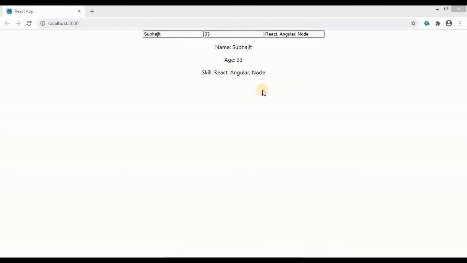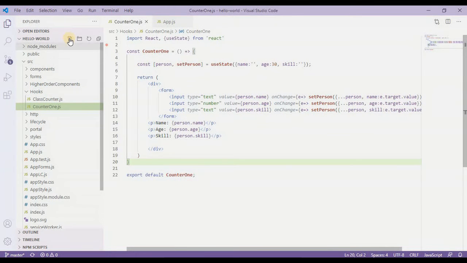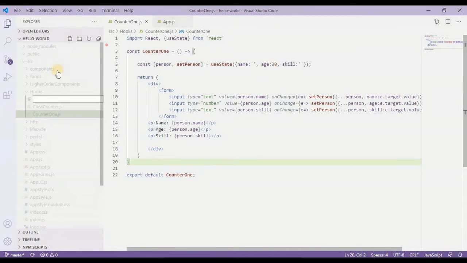Now in the next item, what I'm going to share is how to update an array or provide values to an array. So let's go back to our code again, and here I'll create another component which will have updating array functions through useState. So I'll take the name like array, then state, something like that, and .js.